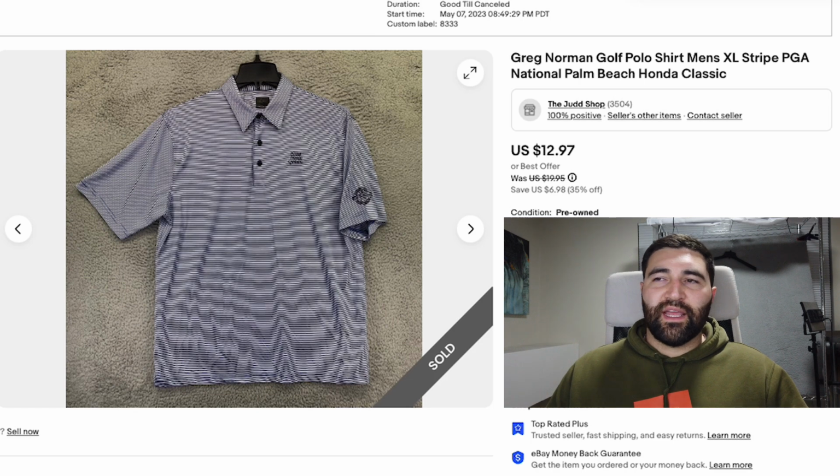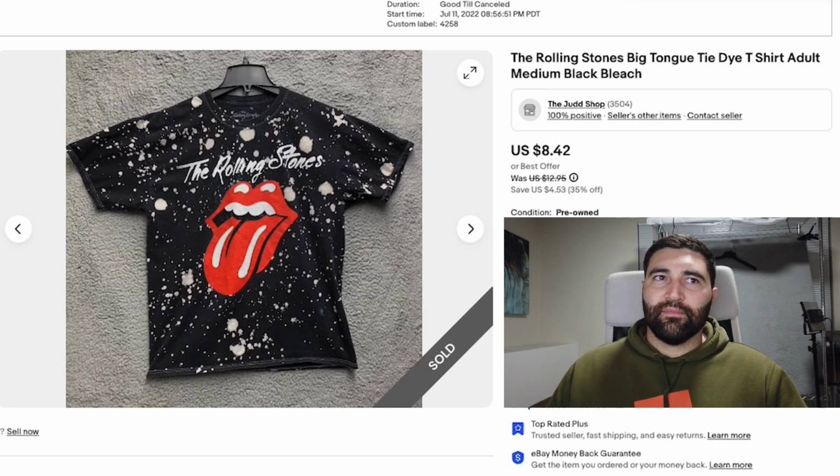So number 3 was this Greg Norman golf polo in a men's XL. This one took about 7 months to sell, and it sold for a best offer of $10 plus shipping. So number 4 was this Rolling Stones t-shirt in an adult medium. This took about a year and a half to sell, and it sold for a best offer of $8 plus